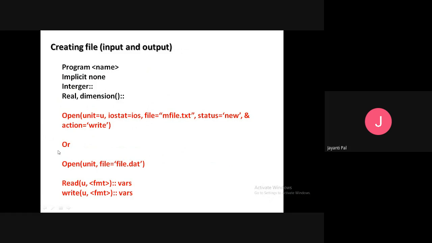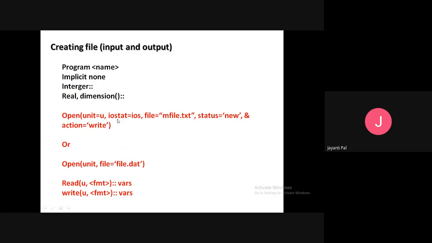So now, if you put some number, this number is important, because it is linking your file. If you are creating an input file and you put a value like 1 here, then from this input file you have to read the data, and for the reading purpose you have to put 1 here.